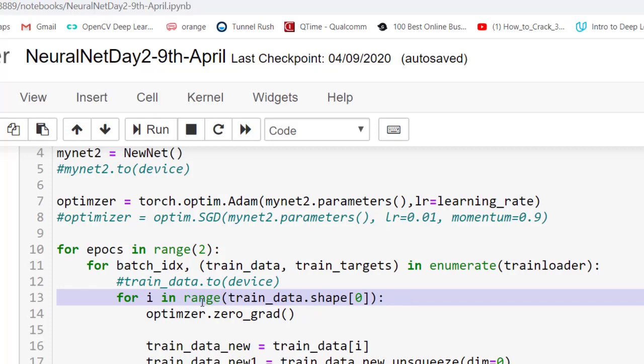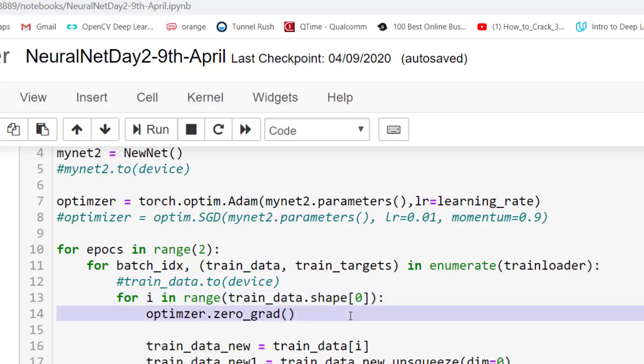For i in range train data dot shape 0, this is a batch image index 0, 1, 2. So we'll take the first image here. Optimizer dot zero grad sets all the gradients to 0, because we don't want to carry the old gradients and update them here.